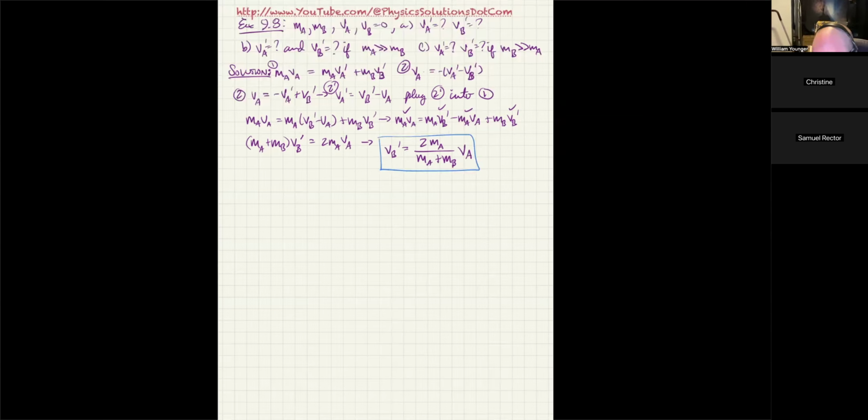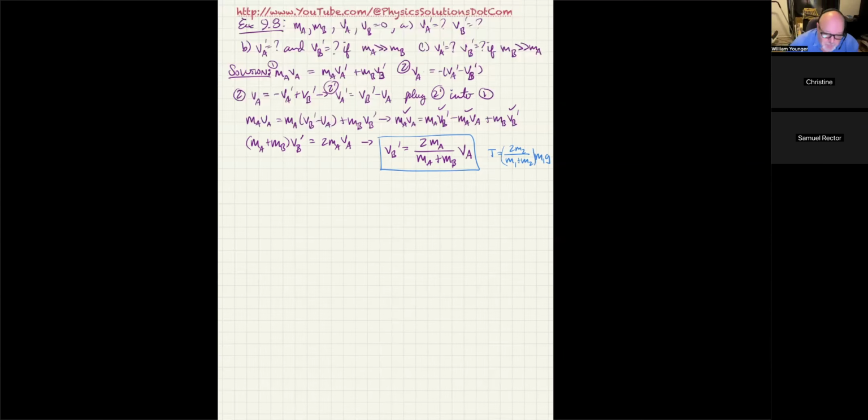Okay. Now you might notice that looks a little bit like the formula from the Atwood machine, and that's something that I use to remind me. Specifically, the tension on the Atwood machine was 2M2 over M1 plus M2 times M1G. So you can see how it sort of looks like it has that 2 times 1 mass over the sum of the masses in this case. So hopefully that'll help you remember it. But it is a result that we can use.